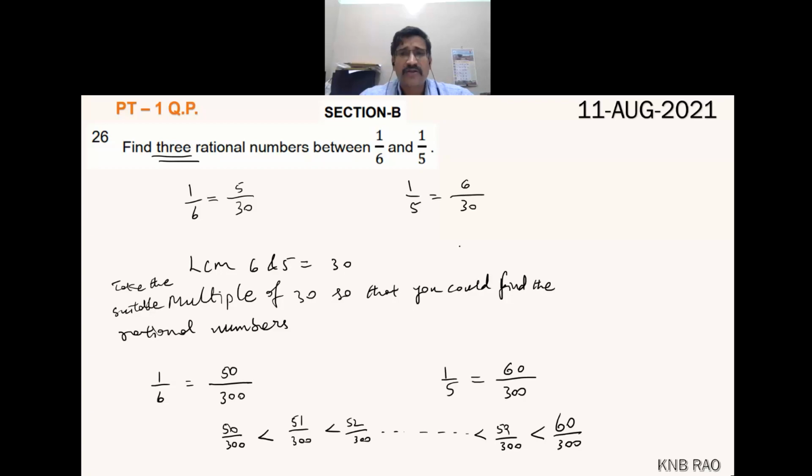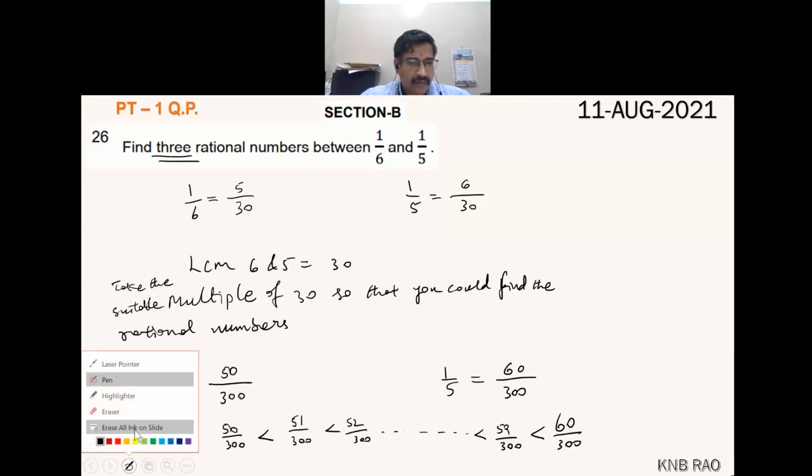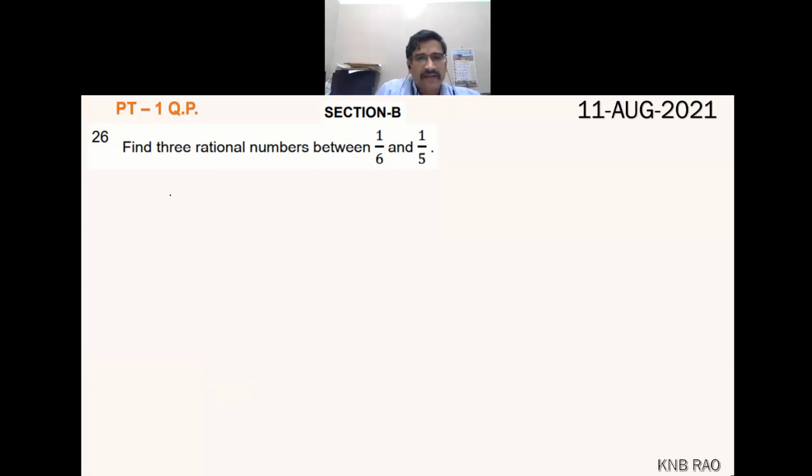And another method was also done by many, somewhere around 5-6 members. What is that other method? Shall I wipe it out? Yes, sir. Now, another method is, let's say you have got a line segment and you wanted to find the midpoint. How to find the midpoint? Using a perpendicular bisection technique.